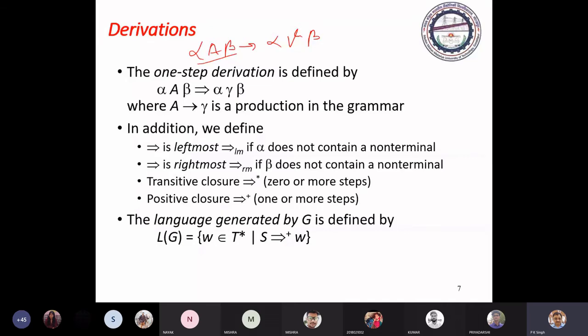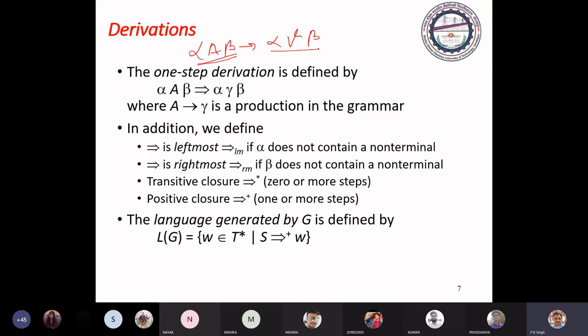To generate that string using the various productions, we go through several sentential forms. Here you can see two consecutive sentential forms.